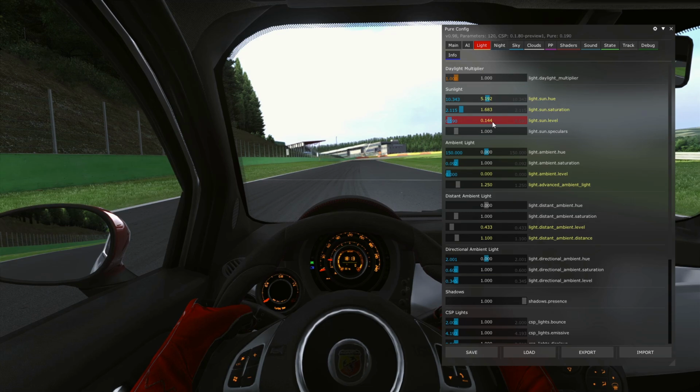Sun level is set to pretty low, 0.144, because in VR it's really bright, and I need to set it really low for it to be bearable. Default sun speculars set to 1, ambient hue set to 0, default ambient saturation set to 1 as default, ambient level again down to 0 because otherwise everything is just too bright, advanced ambient light to 1.250,